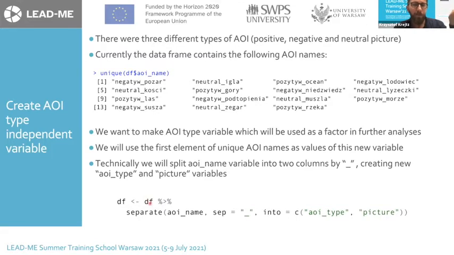So I want to somehow manipulate this data frame, but I don't want to change its name, right? So let's say we can do it this way: I will create an object DF, so I will overwrite it, and that's created with DF. And then we use this